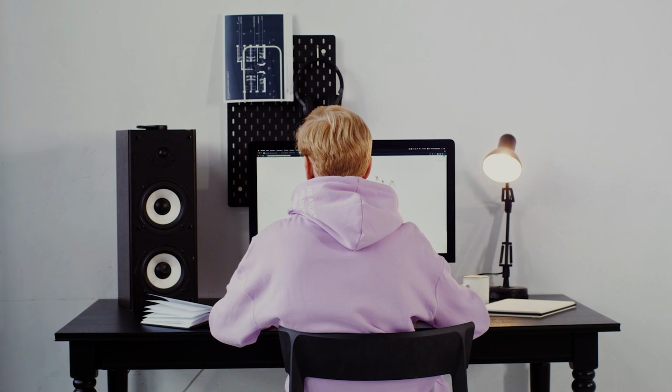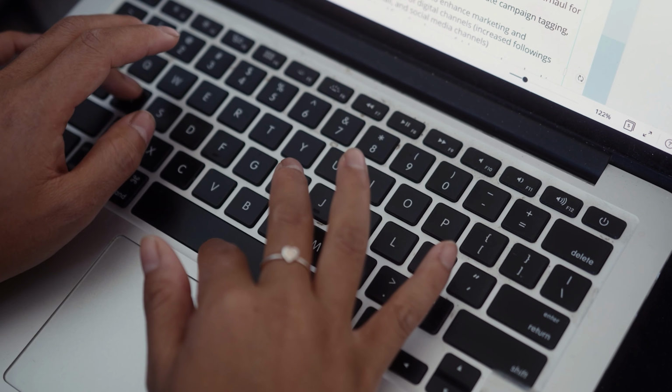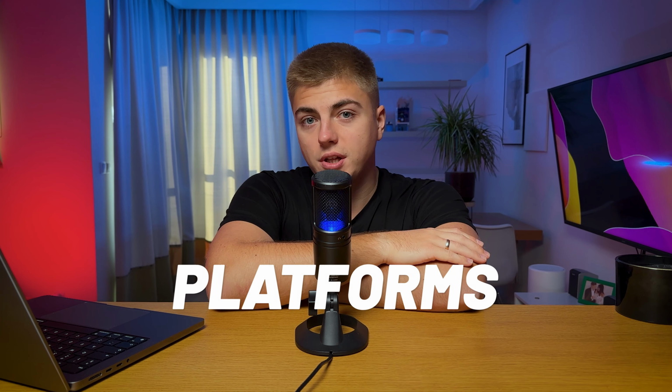And now step number 9, automate and scale. Once you've done all of this, you need to come up with a system and a schedule for what you are doing every day and which content you post, and ideally you need to automate it. You can use cross-platform tools. For example, I use HypeFury to automate my X posting and Instagram posting, and this is very helpful because I can spend 2 days writing content for my social media and then have posts for each day of the week, which is super beneficial. So I recommend you check out platforms like this. There are Zapier, HypeFury, and actually a lot of them to help you with cross-posting and automating all of your social media presence.